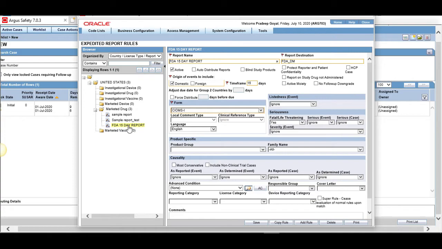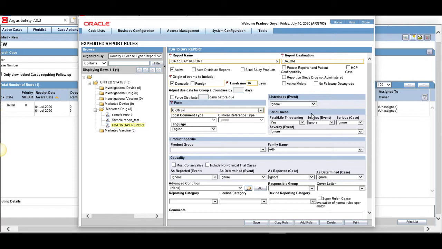Now you will observe that the time frame is 15 days, right? And another thing that you have to observe is fatal / life threatening is yes. Any of them is yes.